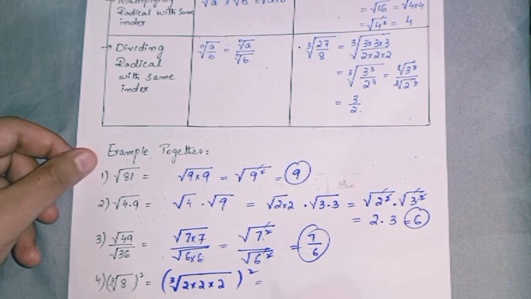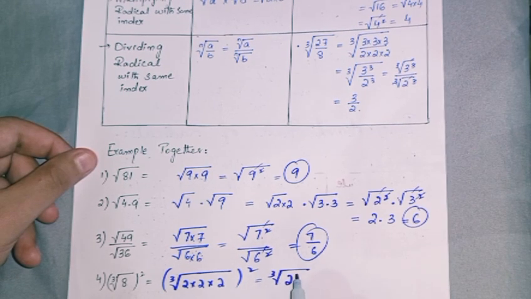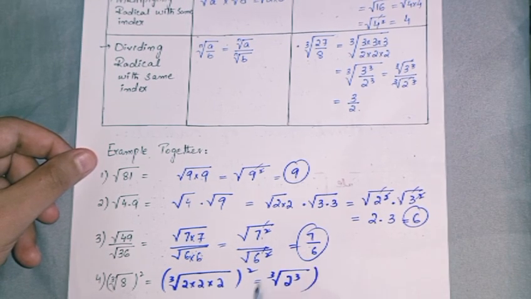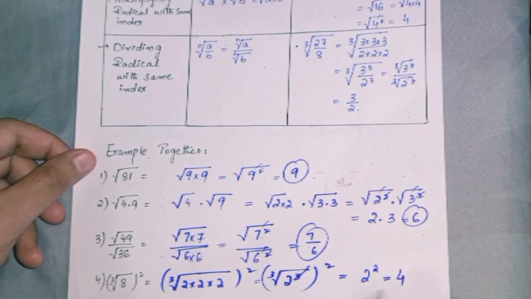What am I supposed to do next? I'll be writing here the cube root as it is. What about these 2, 3 times? So I'm going to write power 3 and whole to the power 2. Now I will simply cancel out this cube with the cube root, and I will get the answer as 2 to the power 2, and it will be 4. It's very simple to solve.